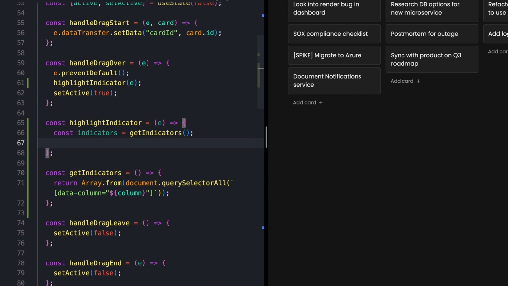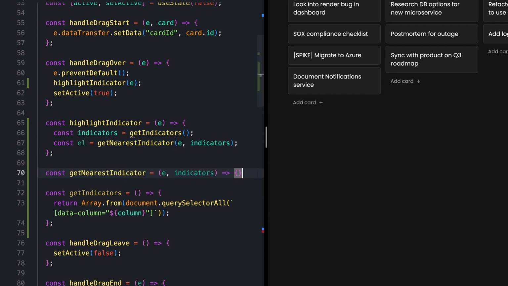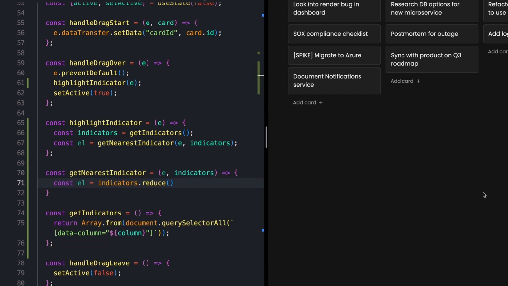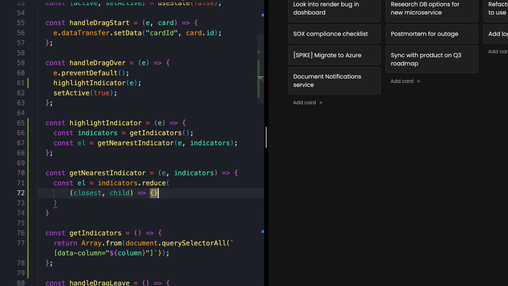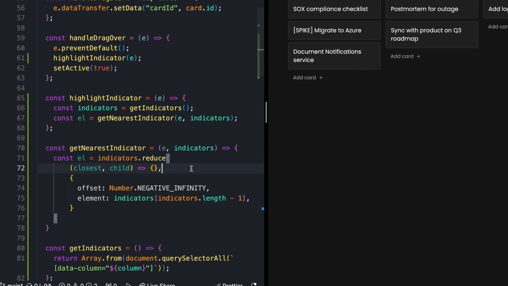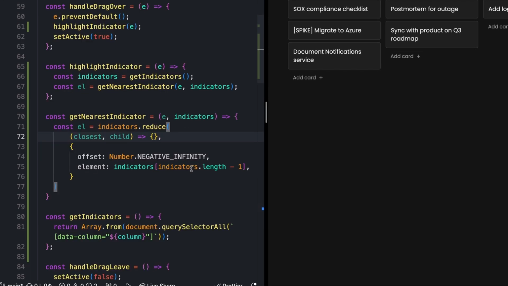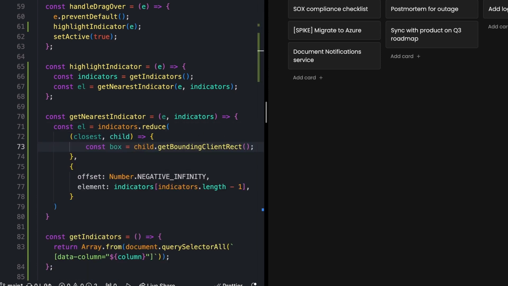And once we've got our indicators, we can actually try and find the nearest one. I'm going to create one more function for returning this value. I'm going to call that getNearestIndicator. That's going to take the event as well as the indicators that we just fetched. We just want to call an array reduce on these indicators. Instead of accumulator and current child, I'm calling them closest and child. And then for our default value, we'll just set the offset to -infinity and then the last element in the array. For each of these, I just want to start by getting the position of the indicator on the page. I can do that by calling